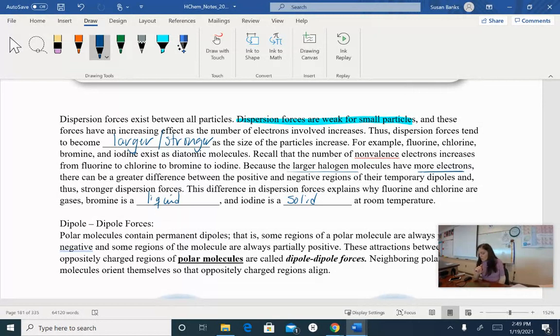So even though we have totally nonpolar things, the more electrons that are at play, the more dispersion forces we can have, and we can create liquids and solids with enough electrons. Okay,